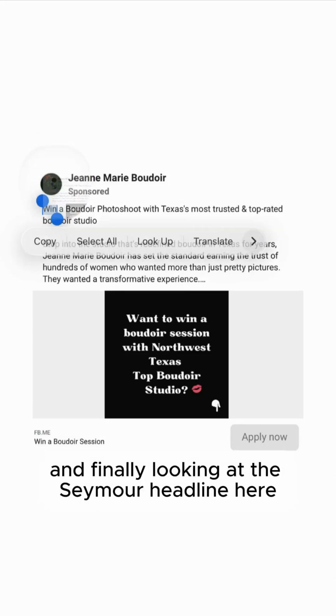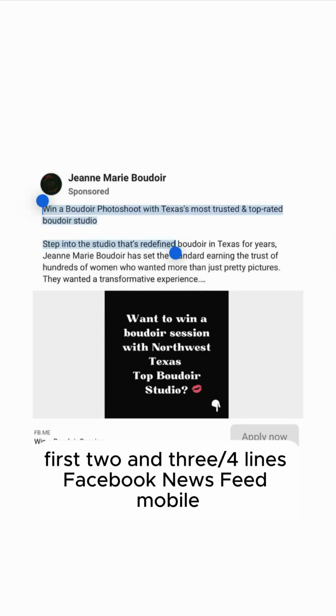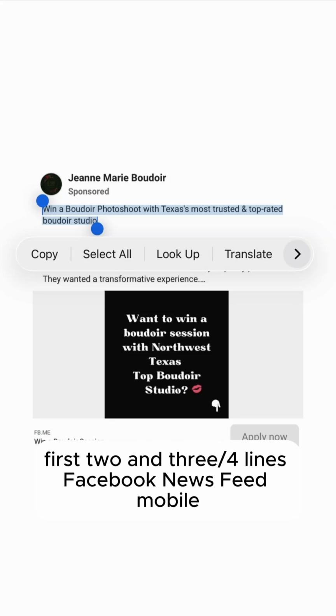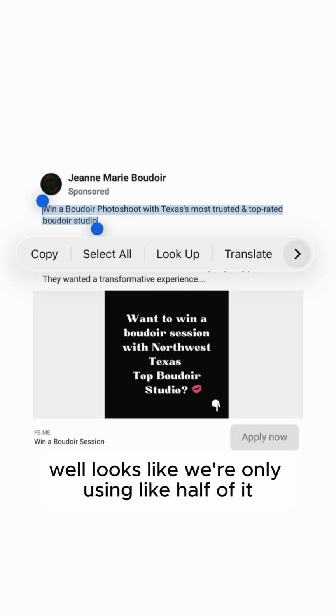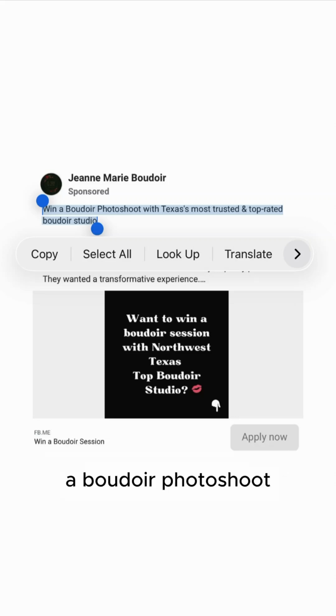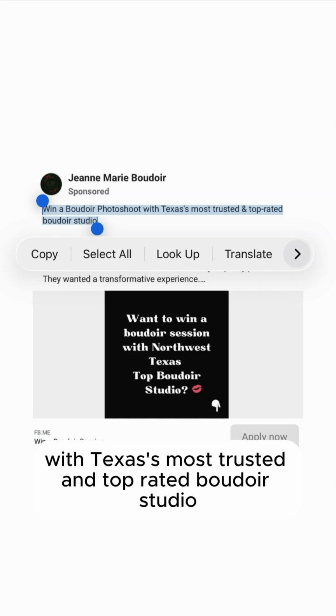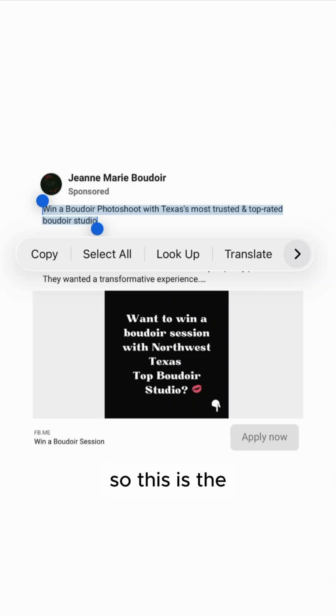And finally, looking at the see more headline here, first 2 3/4 lines, Facebook newsfeed mobile. Well, it looks like we're only using like half of it. But let's see, "Boudoir photo shoot with Texas's most trusted and top rated Boudoir studio." So this is the